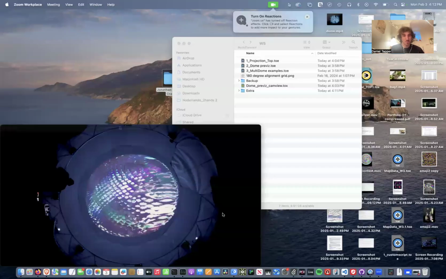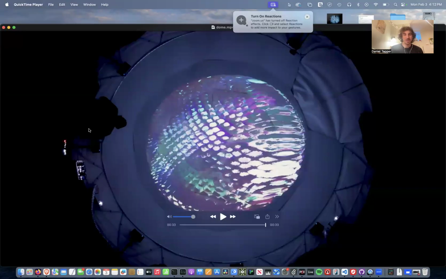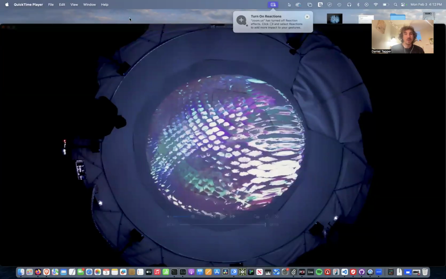Hi, everyone. So, as we all know, we're going to be working with domes in the next few weeks. And I wanted to give you some tools for working with domes that you can start getting to grips with in advance. So, I'm going to share my screen with you and show you a few tools I've been working with. Before we do that, I also just wanted to show you a quick clip of some projects